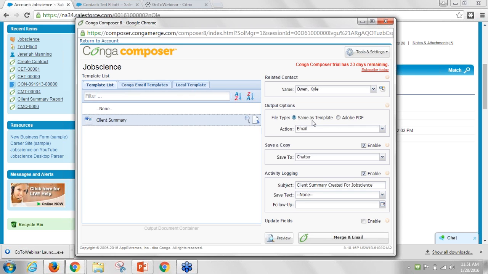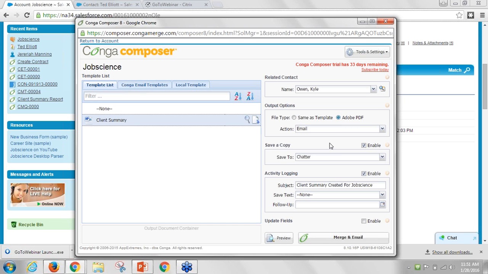So it's really nice that you can build a template in Microsoft Word, which is quite frankly very, very easy and designed to take that information. But Conga Composer can convert it to a PDF, especially for contracts, but resumes as well. You don't need to build it as a PDF document. We can build it as a Word template. There are a variety of ways that we can deliver this. We can download it, we can email it. If we had specified that we wanted to send this for e-signature, we could deliver this to DocuSign or Adobe e-signature or Certify as well. So in this case, we're going to choose email. We're going to change it back to a PDF.